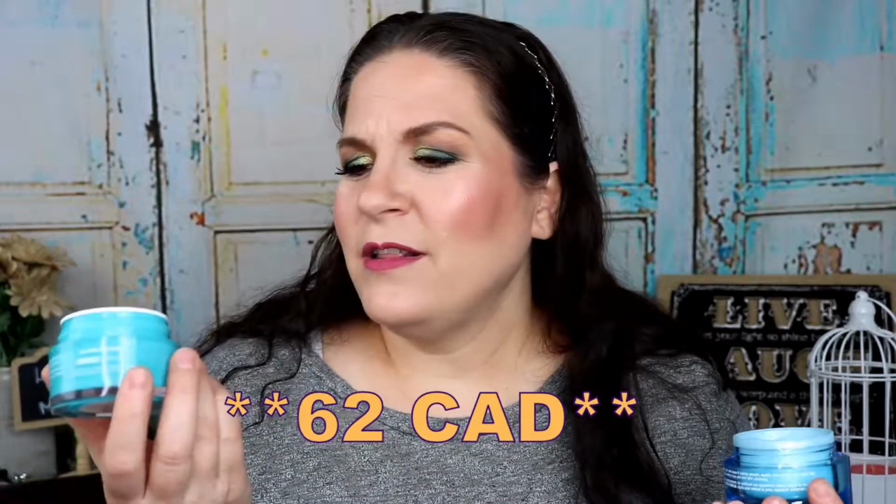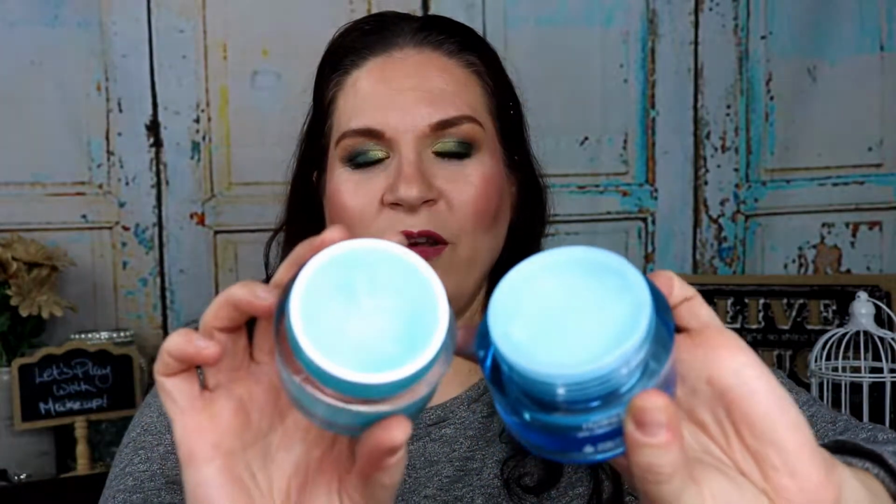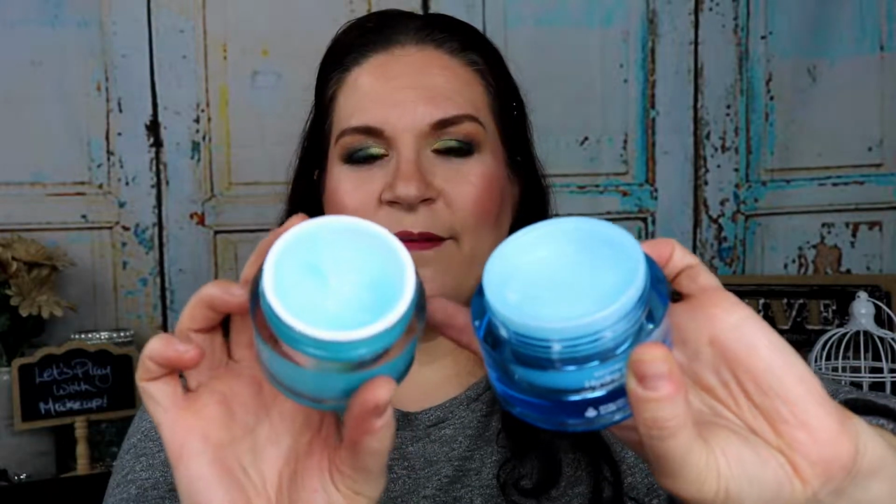So after hearing Chelle's review on it, and she talked about it having a nice scent, and it does, but this is more of a fresh, clean scent, but it is still very nice. It's not something that's missing a scent. Would I have preferred a creamsicle scent in it? Yes, but not enough to spend the Glam Glow price. I think it's like $65, $70 for the Glam Glow. This was $26.99, depending on where you get it. But they are very similar. They are both water gel based formulas. They both leave the same sort of slip and feel on the skin. Again, they both have a scent, but the Neutrogena is much cheaper,